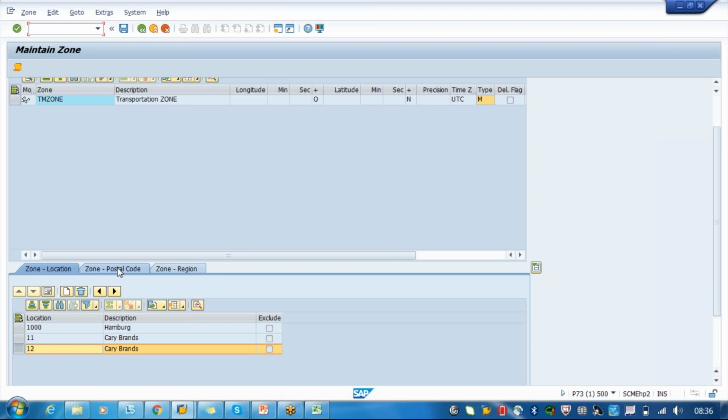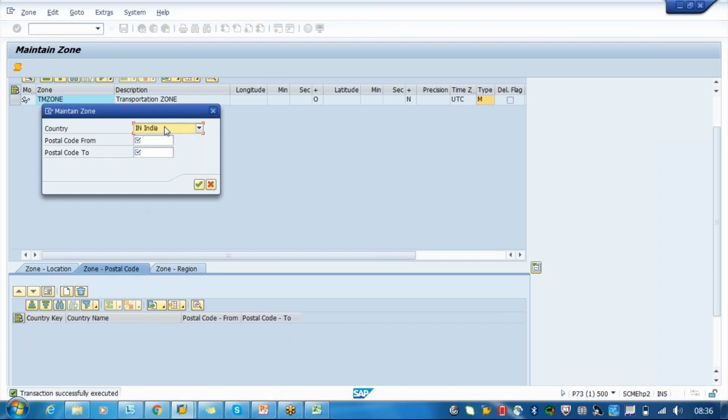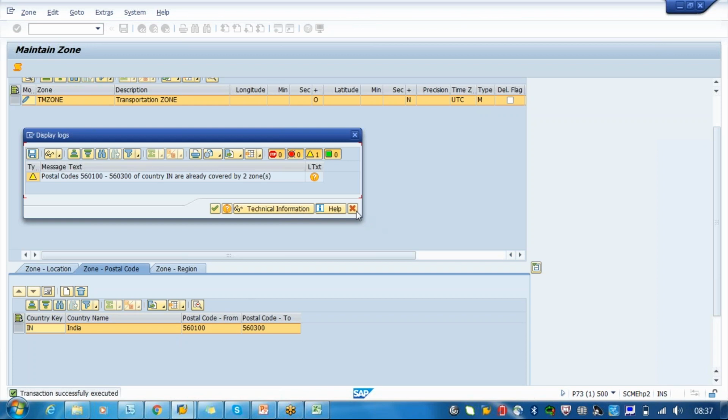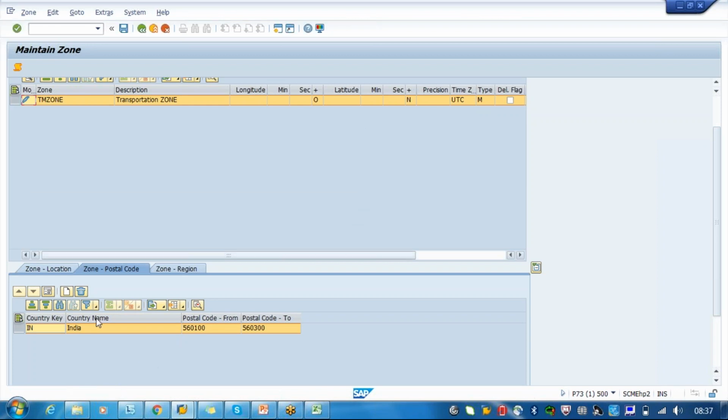For example, if you created with the postal code, it will change into a postal code zone. So here I will say country India, from postal code 560100 to 560300. All the locations which have this master data will fall under this zone.